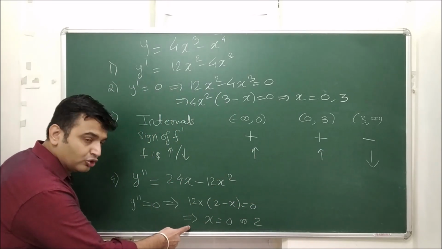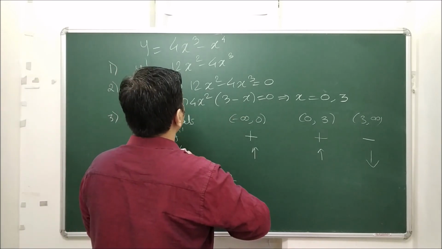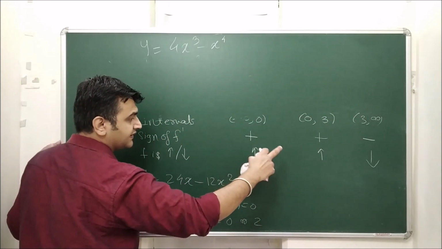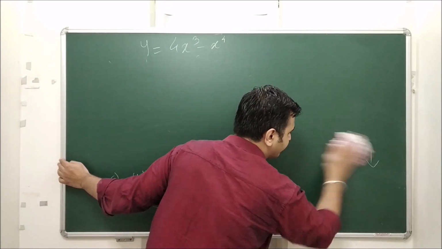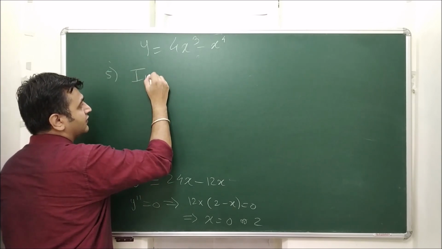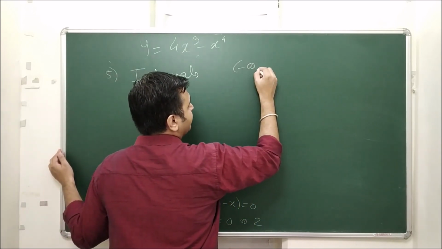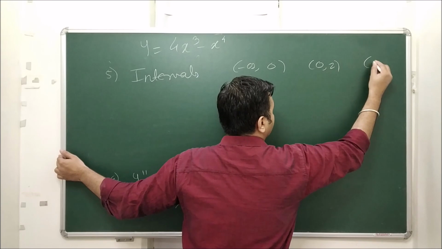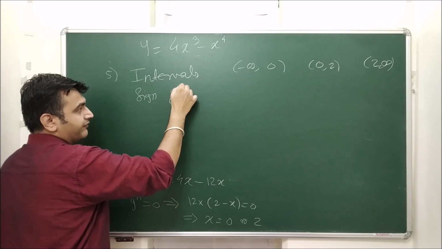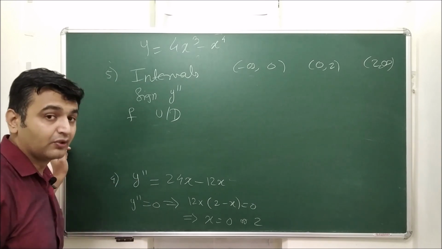Now once we have this, what do we do? You draw the table for concavity. So I am erasing this. Let me keep the function. Keep this in mind, increasing, decreasing, because we will need this when we need to combine the table. So now the fifth step is you have to draw the table for concavity. The first thing will be intervals, and here we have 0 and 2. So minus infinity to 0, 0 to 2 and 2 to infinity. Then you should know the sign of f double prime, and once you have the sign of f double prime, you can say whether f is concave up or concave down.